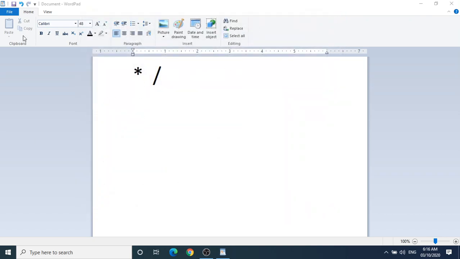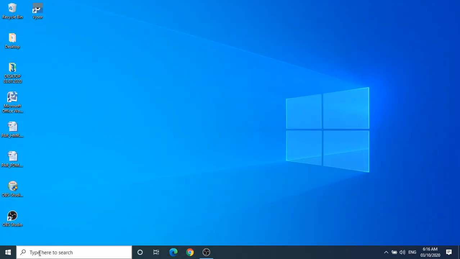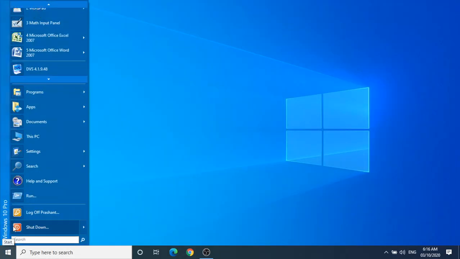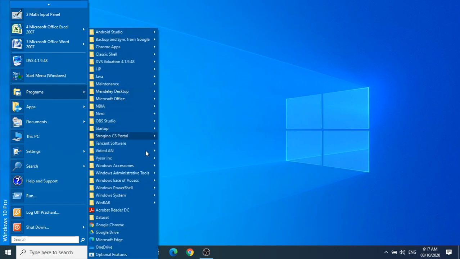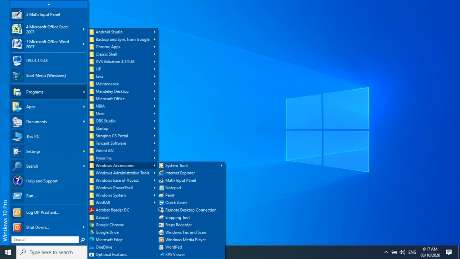Now this is WordPad. How to open WordPad? I hope you remember the signs. This is multiplication and this one is the division sign in the calculator. Now first of all I will show you start, all programs, accessories, and in that WordPad.